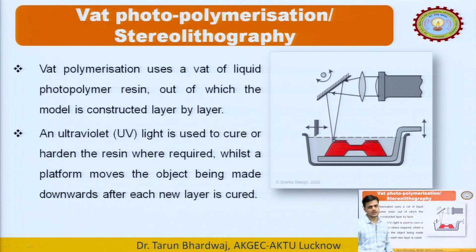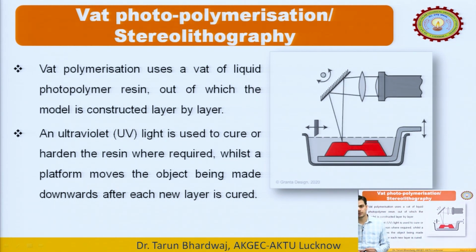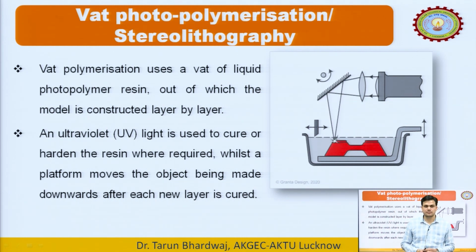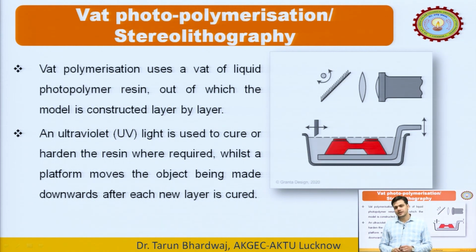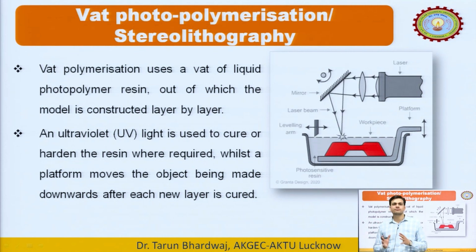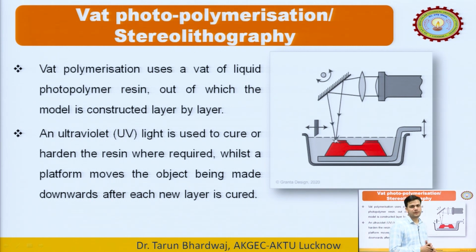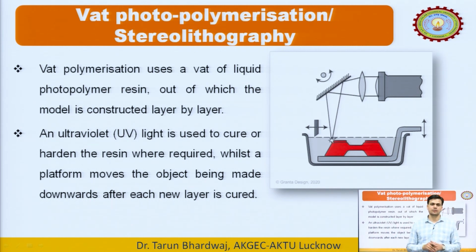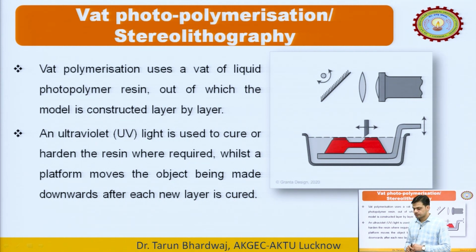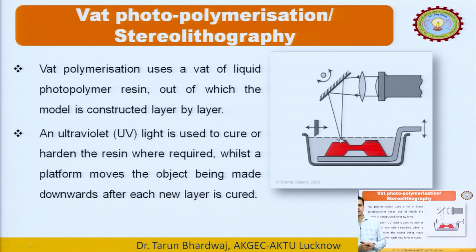So let's start with the classification of this additive manufacturing process. As I told you that there are the different kind of the process we have, the wet photopolymerization, we have stereolithography, and we have the powder bed fusion mechanism we have, and the direct energy deposition process we have. So they are the different kind of the process we have. So let us start with this wet photopolymerization or the stereolithography, because this process was firstly developed by Dr. Kodama. So let us take that how basically the process happens,